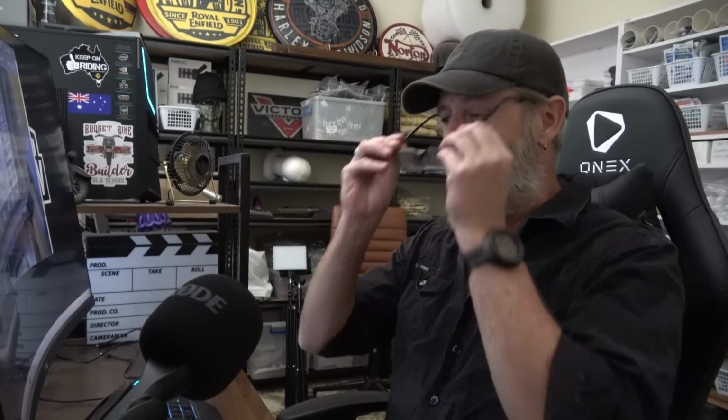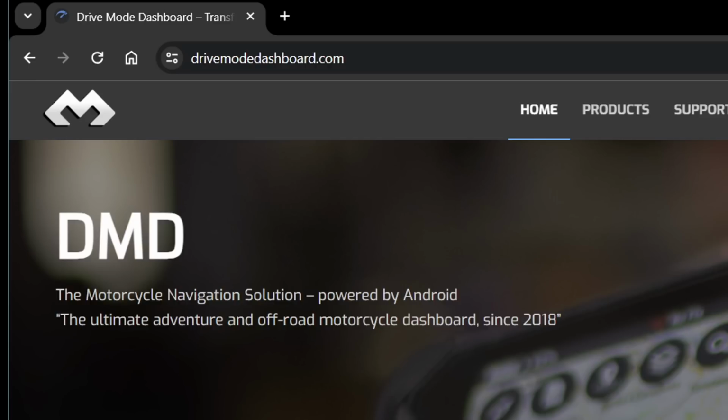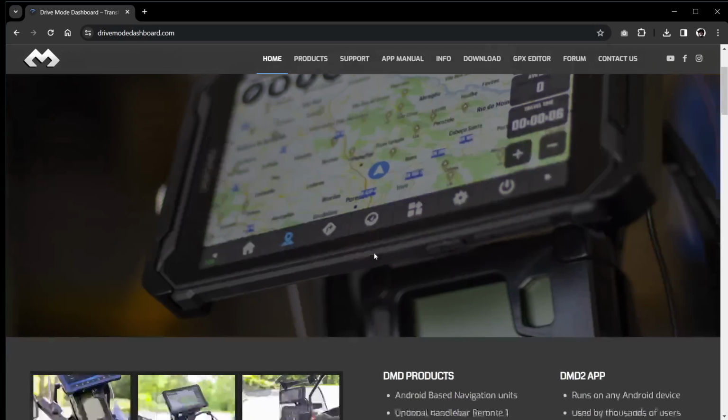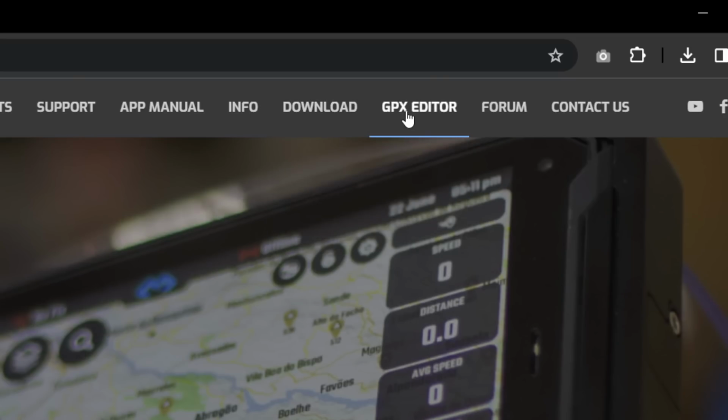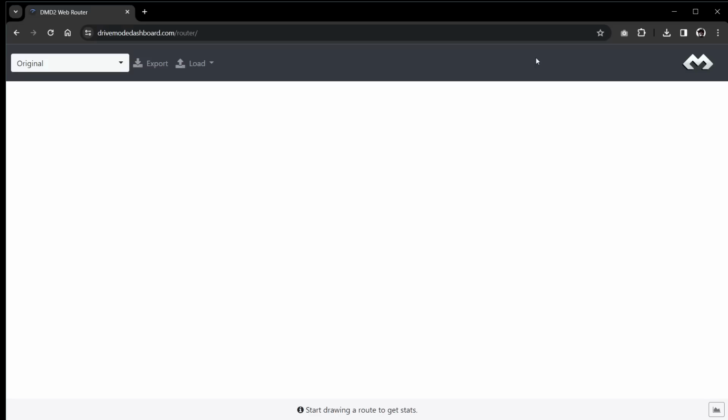Okay, so the first thing I do is come into the office, open up a web browser. I use Chrome as my web browser, go to the Drive Mode Dashboard 2 website. You can see it there now. This is their front page, all their stuff there. What we want to do though is come to GPX Editor, click on that, and that's going to load up